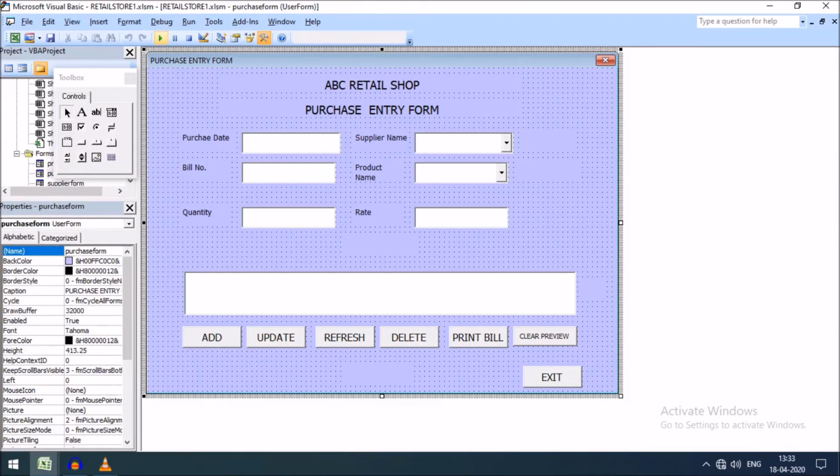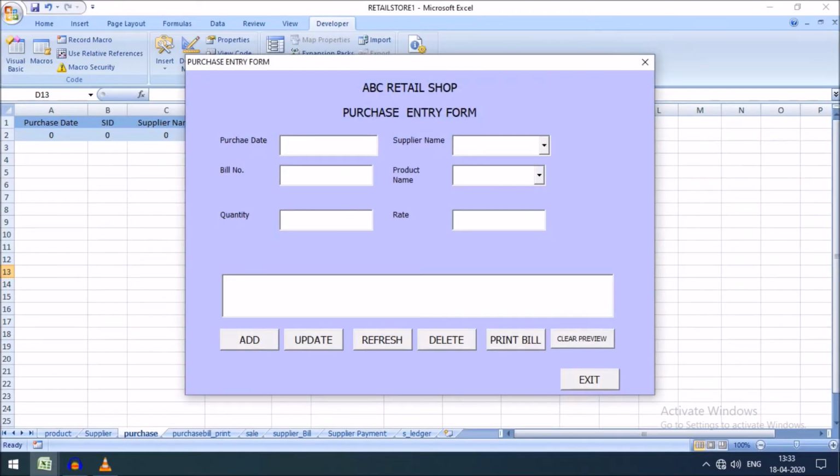just run this. Here purchase date, say anything, 18/4/2020, supplier name, I select the name from this list box, bill number say 10/2021.